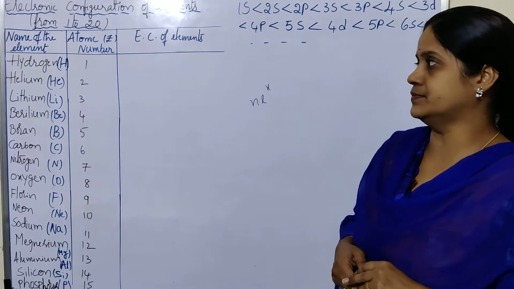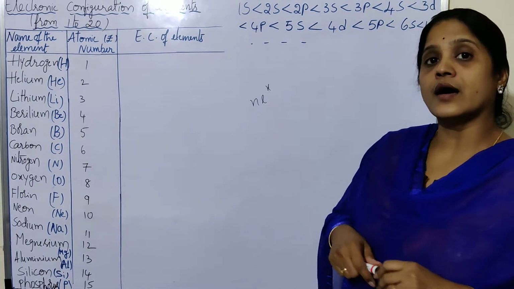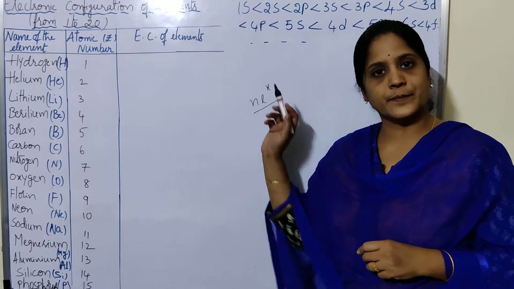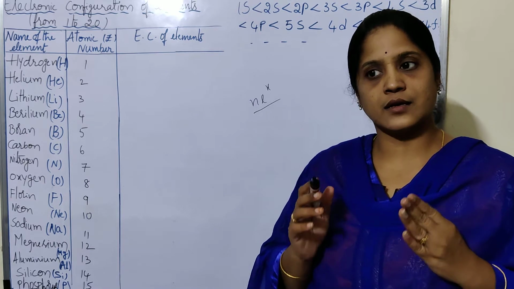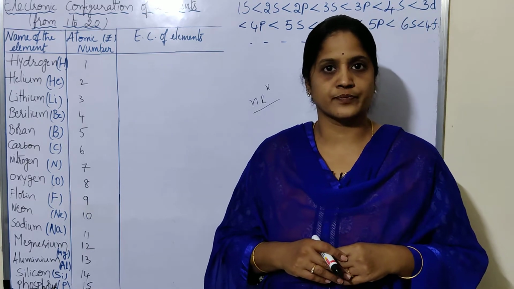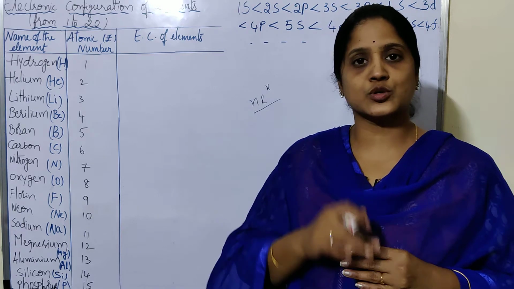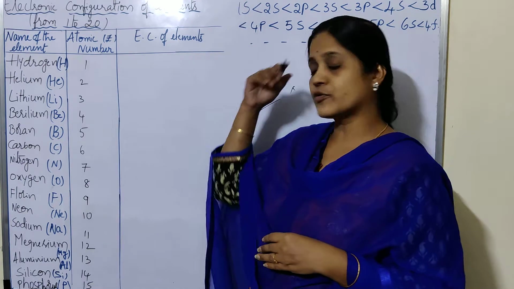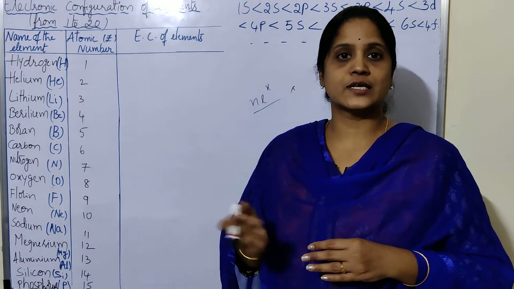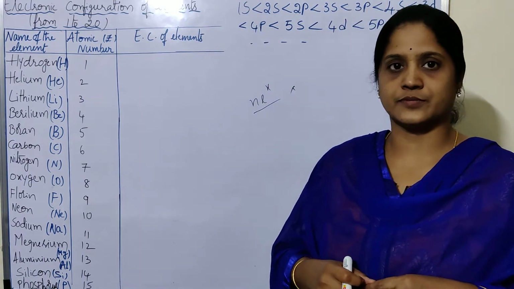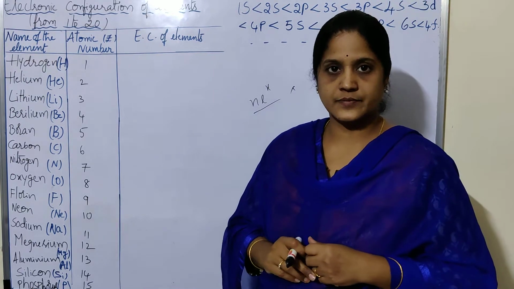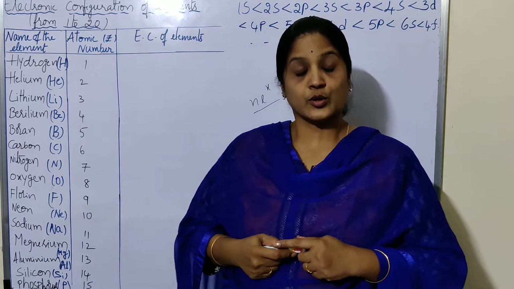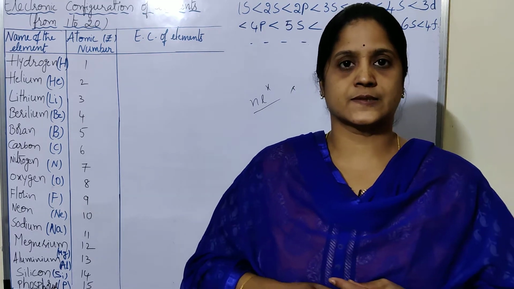Coming to this, earlier we discussed the NLX method. By using this method, you can explain only the hydrogen atom. But when an atom has more than 2 electrons, this method is not possible. So we have to follow the 3 principles: Pauli's, Aufbau, and Hund's rule. Based on that, how to write the electronic configuration? First, you have to learn 20 elements by heart.